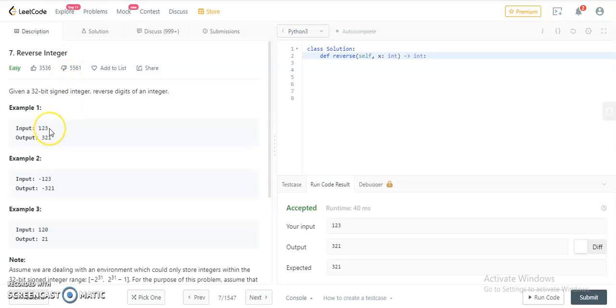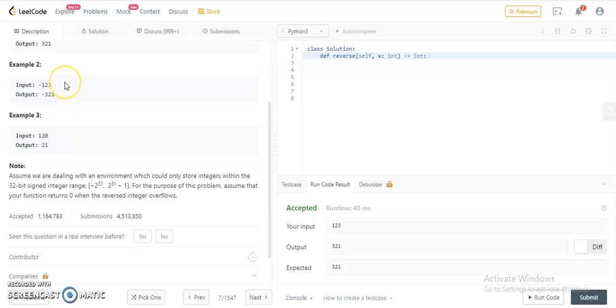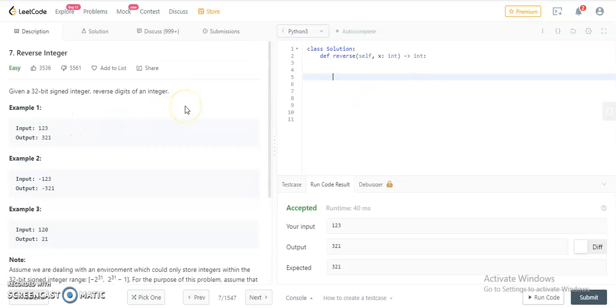So basically, given an input integer, we need to reverse it and return the output integer. It is a very easy problem. The basic approach is getting each value from the end by dividing the integer and appending it in the array, and returning that output array. The two cases we need to consider are, first, if the integer is negative, and second, the condition they gave us that if the integer is outside the 32-bit signed integer range, then we need to return zero, right? So let's see what our approach is.